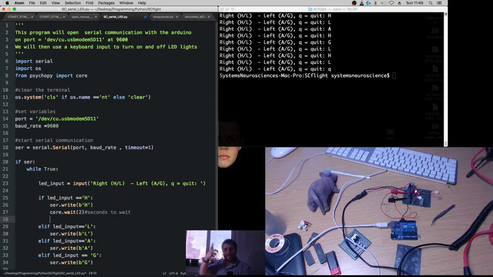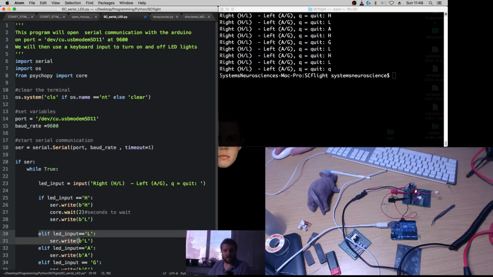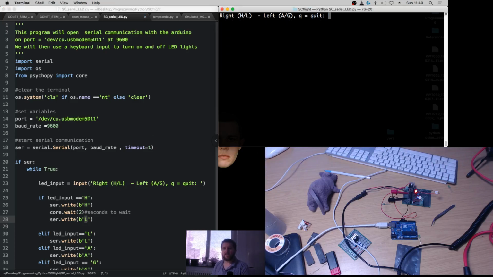So we can write that high for 2 seconds, and then we want to send that pin low again, after we've sent it high for 2 seconds. We want to control the time for 2 seconds. So how do we do that? Well, we just write the same command as if we were sending it low. Remember, if we send it an L command, Arduino will send that pin low. So here we should have software control over the timing of the LED. So if we hit H now, it should turn on for 2 seconds and then turn off because we've used